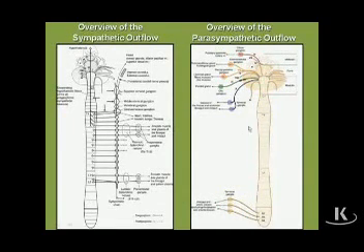And in the case of the parasympathetic, they are far from the central nervous system, which means they are close to the end organ. Based upon that difference, we can say something about the length of the axons. For the sympathetic, since the preganglionic axon does not have to go very far because the postganglionic is close to the CNS, it's going to have a short preganglionic axon. But since that cell is far away from the end organ, it's going to have a long postganglionic axon.